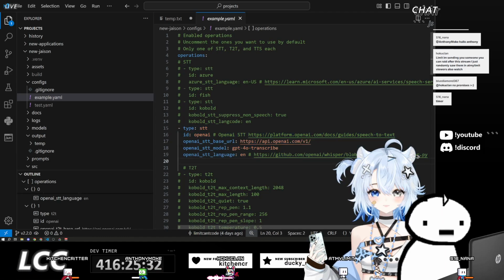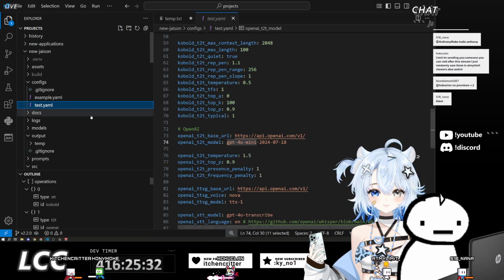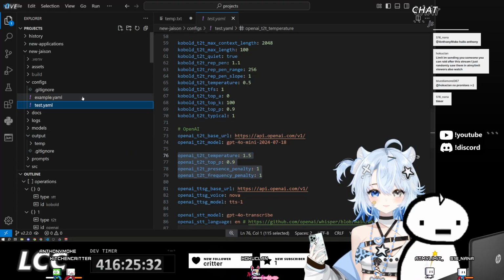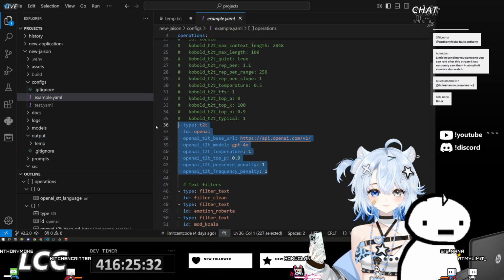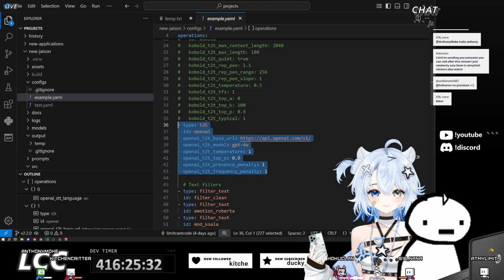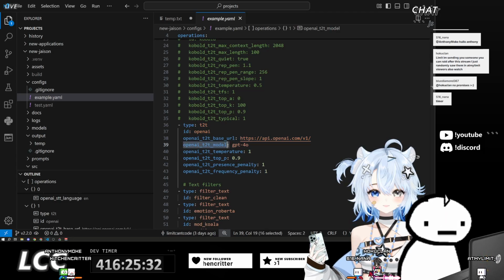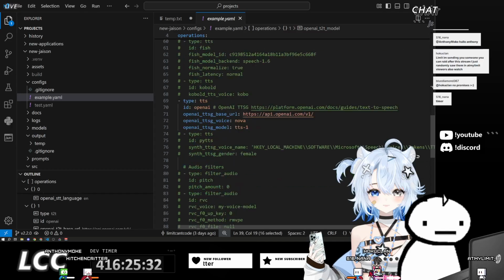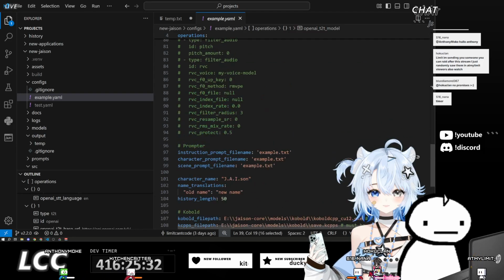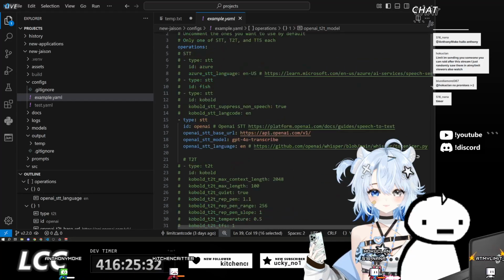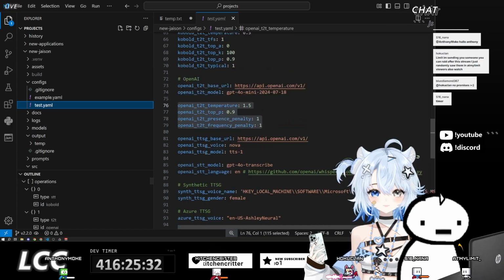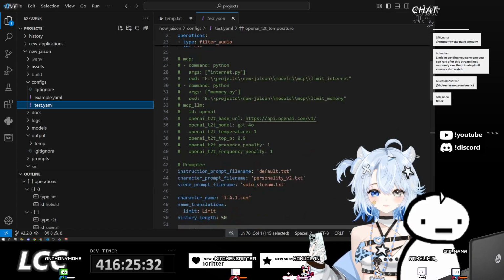The configuration has been moved from a global instance from outside, and they're moved into a per instance basis. And so for text to text, for example, we have 4o for our model over here, but we can also have, for our MCP, it's not here, but let me just copy it over from here.